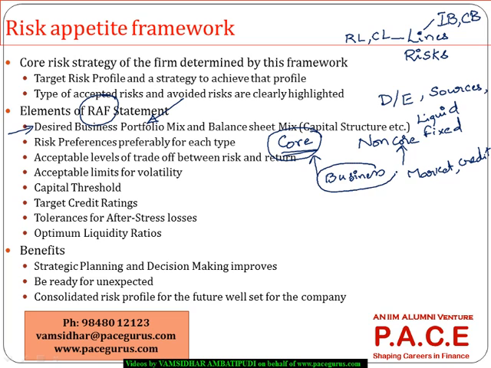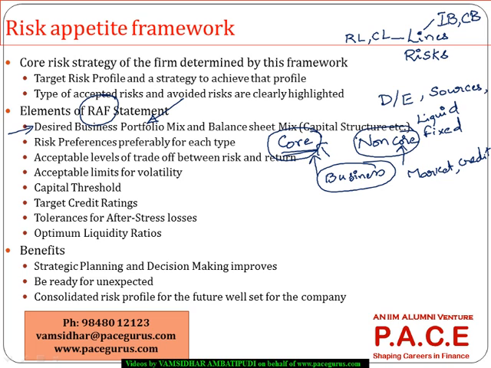But understanding the business, how much to produce, all those things are part of the core risk. So the company may accept the core risk, whereas it may diversify or hedge the non-core risks. So as part of designing the framework, we need to